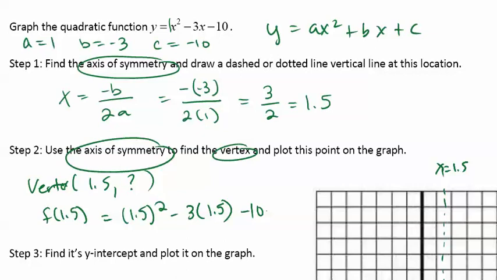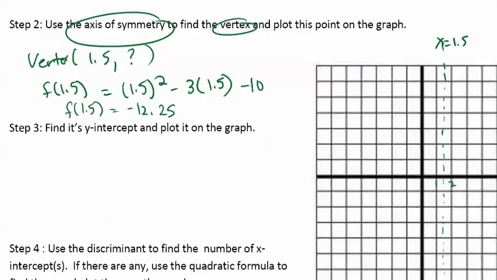So go ahead and take a minute and put that into the calculator and find it. You can pause the video if you need to. Okay, so you should have gotten that f of 1.5 is equal to negative 12.25. Okay, so that's a pretty big number, and it looks like it's going to be off our graph, but